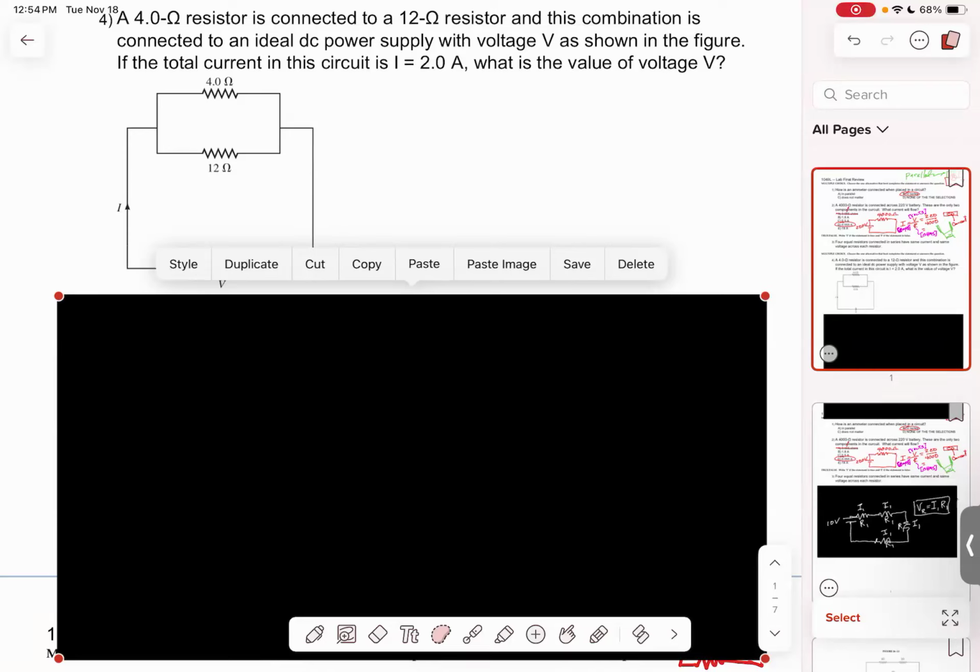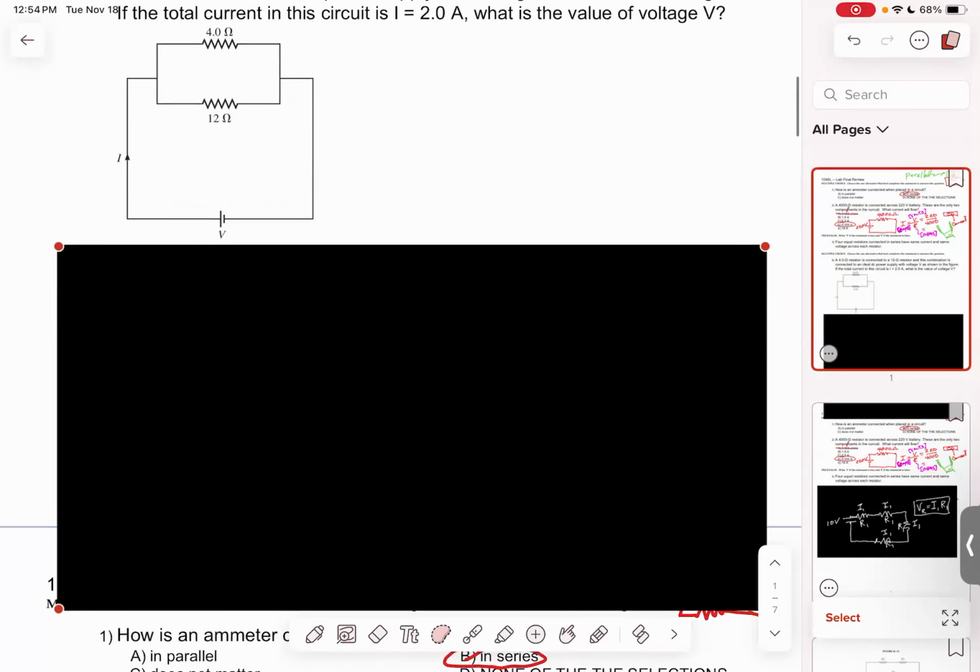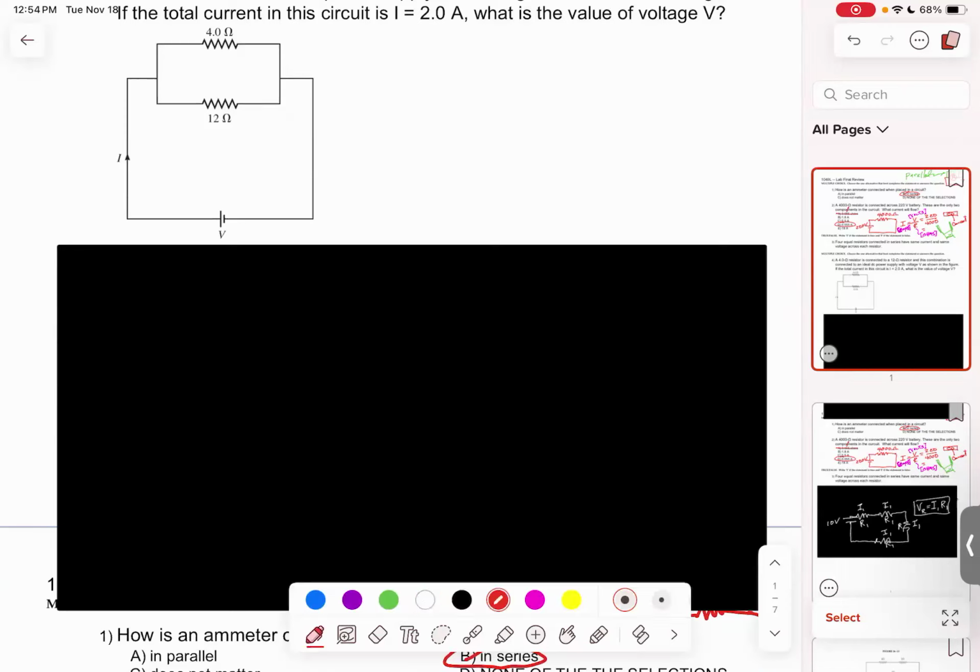If the total current in this circuit is 2 amps, what is the value of the voltage? Okay. So in other words, what we're trying to do is figure out how many volts are running through the battery right here. So the first thing you want to do in a situation like this is